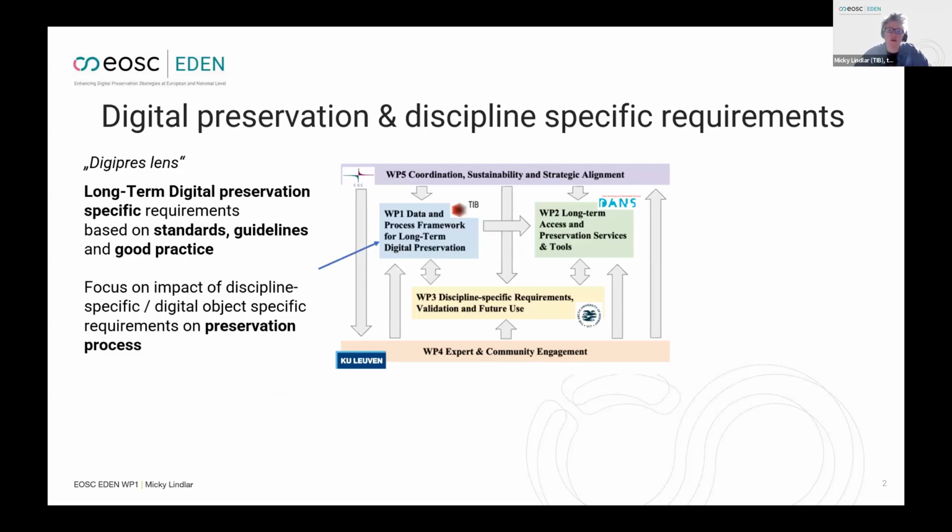Within Work Package 1, we look at long-term digital preservation specific requirements, which are based on standards, guidelines, and good practice. There's a lot of knowledge that exists that has been accumulated over the course of the past 20 or so years in the field that we can build on. And digital preservation focuses on the impact of discipline-specific or digital object-specific requirements, in particular on the digital preservation process. So what are the risks included in objects that might pose a danger to make that information available for the